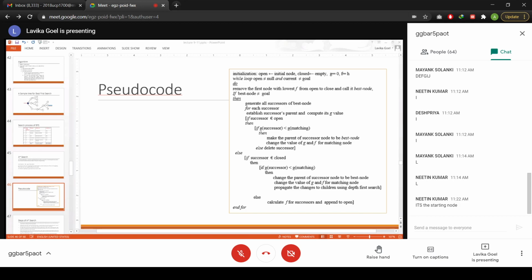For each successor you will establish its parent as the best node and compute its G value. So for all the successors of this best node, you will compute their F values as well as their G and H values.